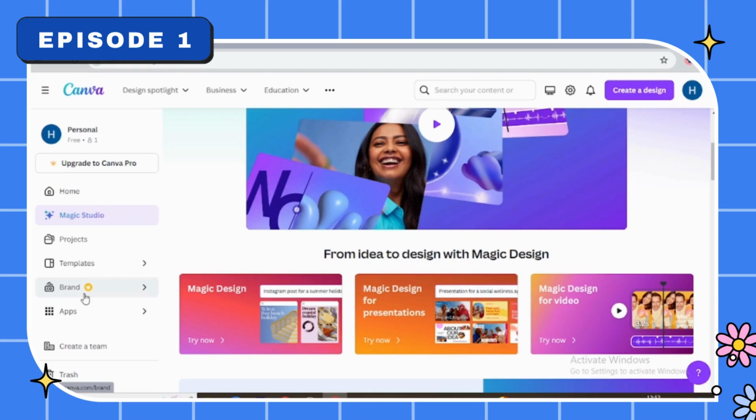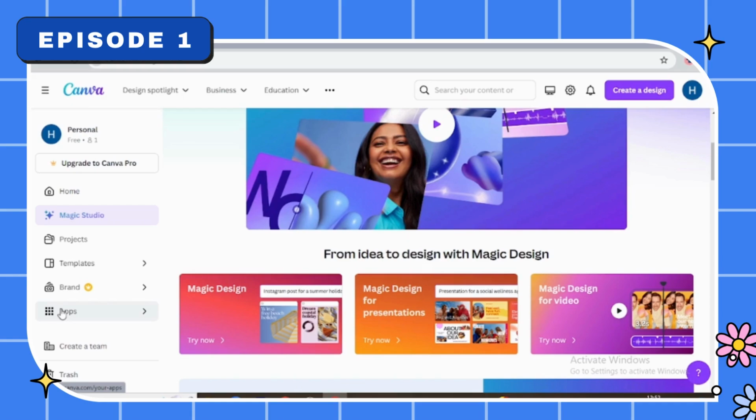You can customize everything that is necessary for social media branding, right? So according to your brand. Now the next tab is apps, which is more related to AI, artificial intelligence, where you can give prompts to create an image or create a video that we will cover later in this course.